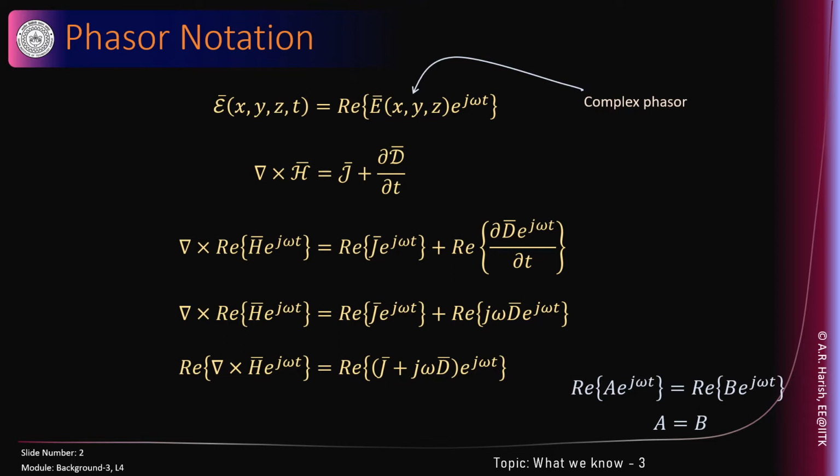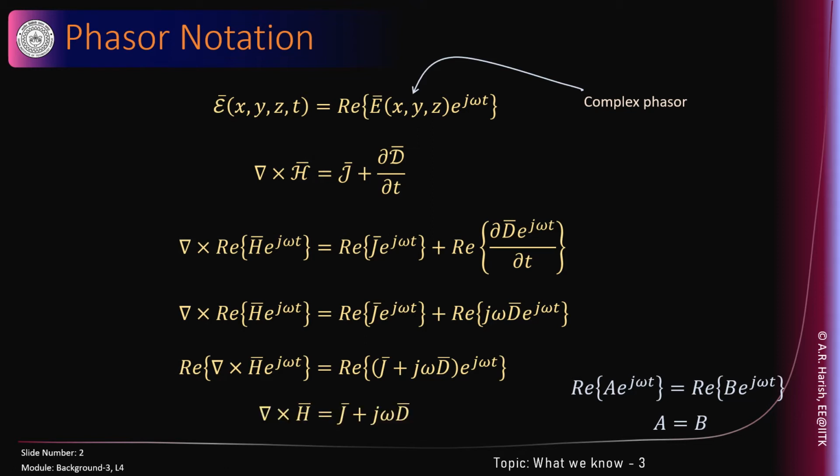It's very easy to show this. For example, choose some time t equal to 0, omega t equal to 0. Then we have the real part of a equal to the real part of b. Choose omega t equal to pi by 2. You get a e to the power of j pi by 2. The real part of a e to the power of j pi by 2 will be the imaginary part of a, which will be equal to the imaginary part of b. Therefore, a equals b. Try it out, expand it, try it out. In case you don't understand it, we'll discuss it on Monday.